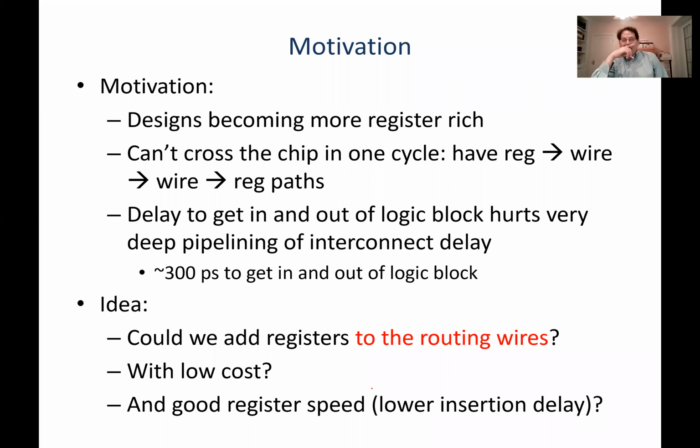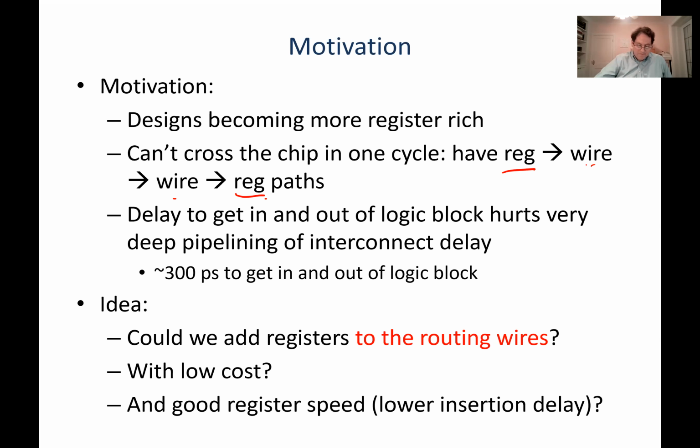So why did they do it? And there are a few reasons. Designs are becoming more register rich, and you can't cross the chip in one cycle. So that means you have a lot of paths that are just register and then a wire or another wire, several wires in series and another register, with no logic that's actually being done in between those two registers. So for paths like this, where you start on a register and end on a register, and all you have in between are wires,